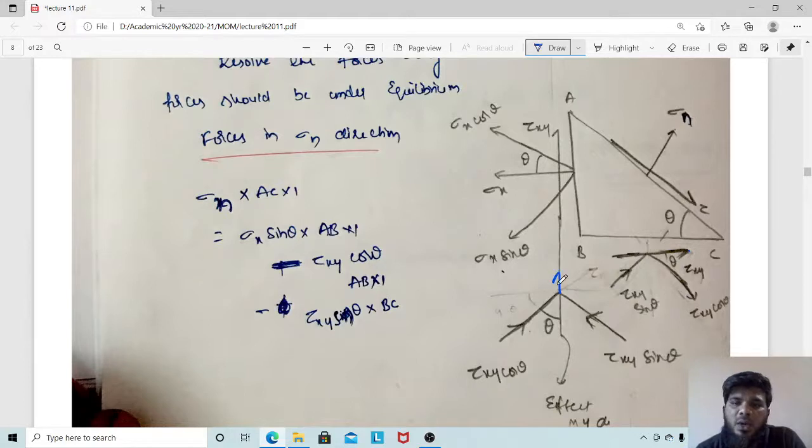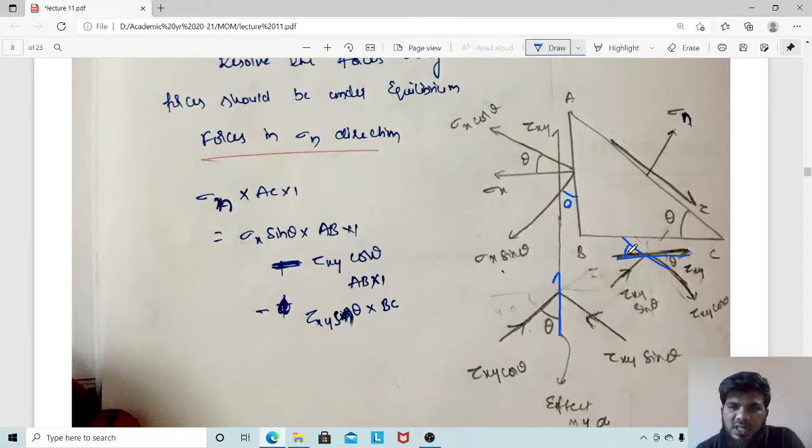Since we have already discussed this, the vertical line will always make this angle as theta. Since this is theta, obviously this also will be theta. So this is theta, means this is cos theta, this is sin theta. Clear? Now take this horizontal line, which should go like this. So this will make theta angle here, obviously. This and this are the same now.